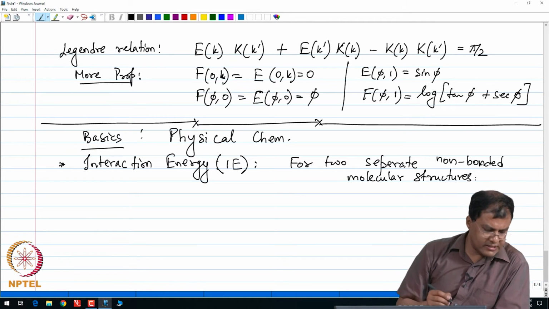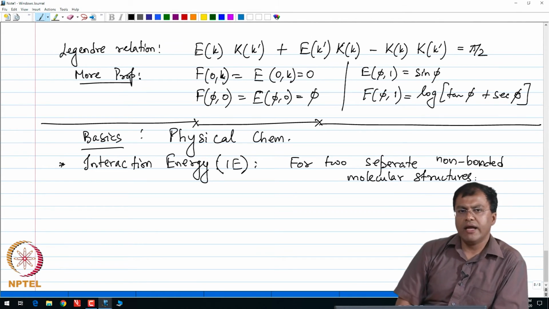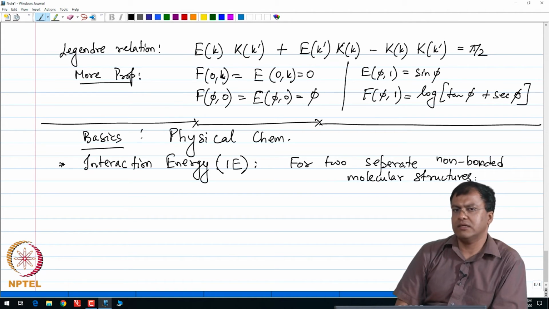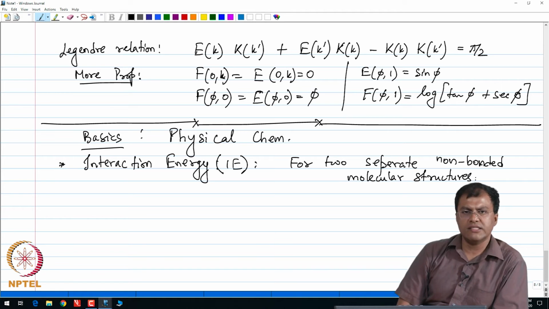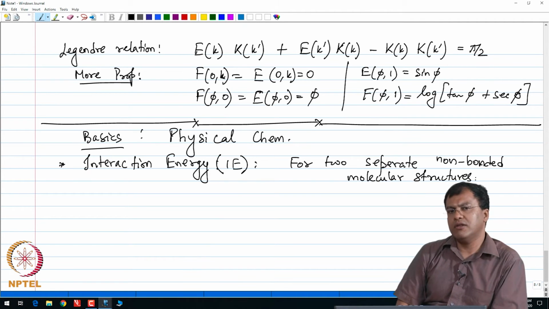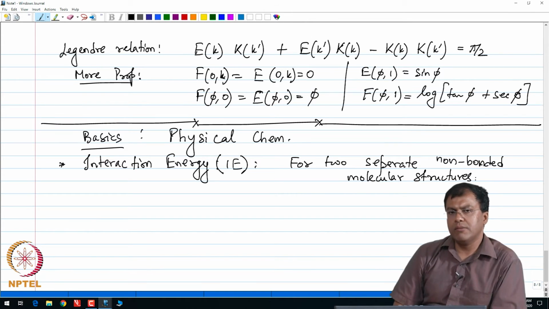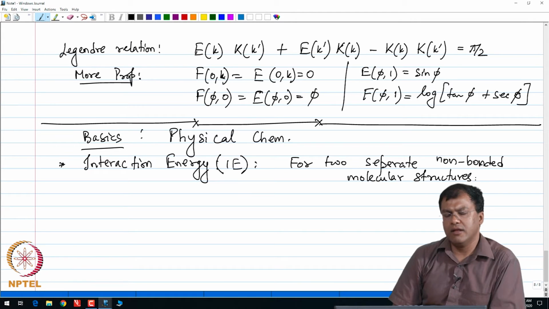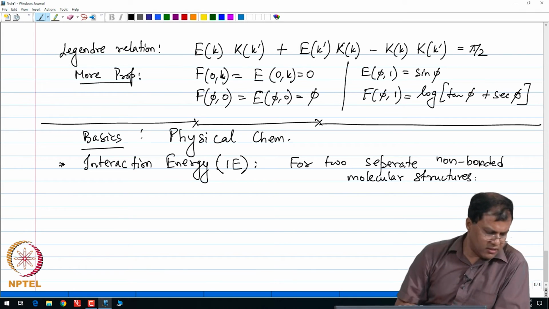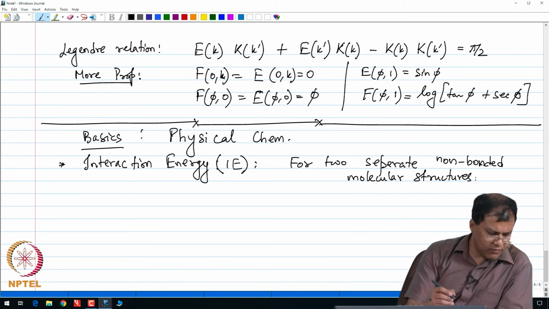So my interaction energy. If I want to find the interaction energy of many structures, we could either use the discrete application, where we individually sum the interaction energy, or, if the distribution of the structures is nearly homogeneous and the distance is infinitesimally small, then possibly we could express the interaction energy in the form of an integration rather than a summation. So what I just said is the following.